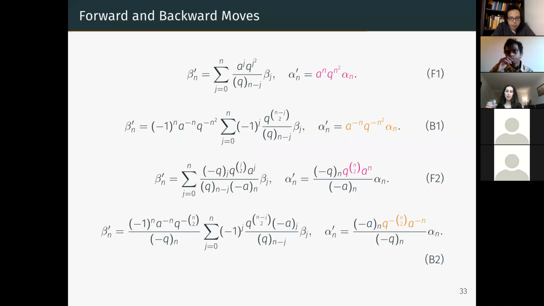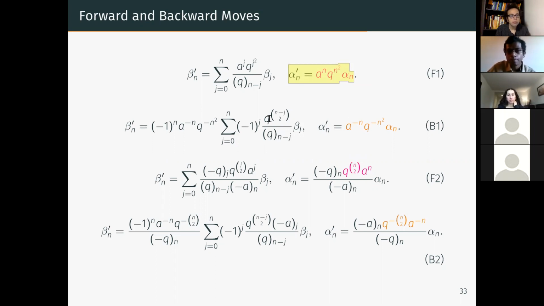Okay, so there are a few moves that are important for us. As I said, this was a forward move, the first one. I enhanced the alphas. Now if you do the inverse of it, instead of enhancing the alphas, you sort of diminish them. Then you get what is called a backward move. And again, you figure out the formula for beta by pretty much experimentation. There are better tools available, but of course you can pretty much convince yourself that's going to be it by